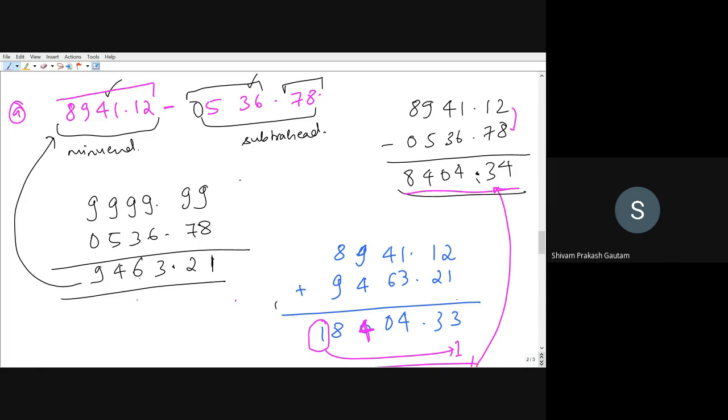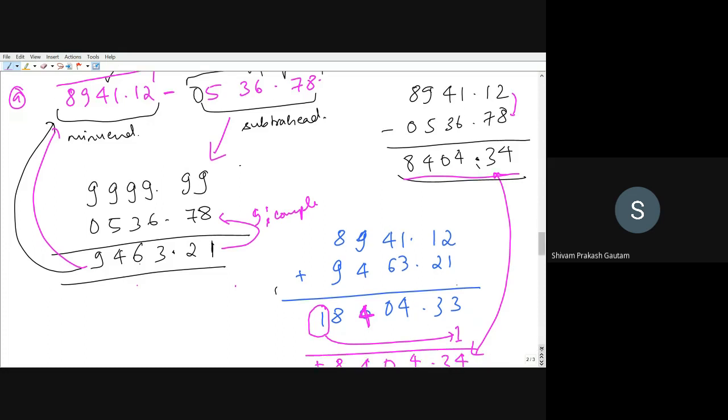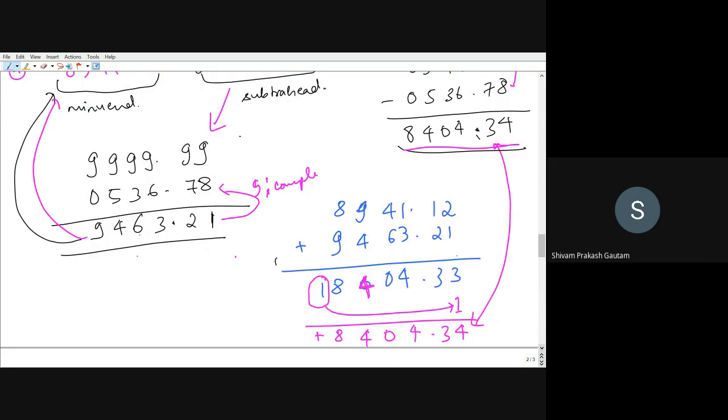Now we have to use 9's complement. In order to calculate with 9's complement for subtraction, what will we do? We will calculate the 9's complement of the subtrahend. So the 9's complement of the subtrahend is done here. You can see this is the 9's complement of this number. Now, once you have the 9's complement, you have to add it to the original number, that is the minuend. So you can see I have added both of these numbers, and while adding, I found that a carry is generated. So you can see 1 is the carry.